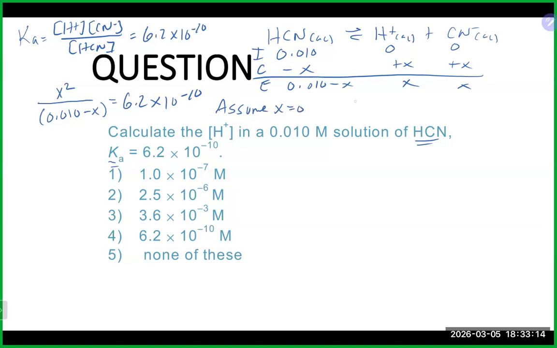And if we do it in this case, that gets us x squared divided by 0.01 equals 6.2 times 10 to the minus 10. Once again, I'm going to multiply to the other side, and then after I multiply, I'm going to take the square root. 6.2 times 10 to the minus 10 times 0.01 is going to give us 6.2 times 10 to the minus 12. Going to take the square root of that. Going to get us an x value here of